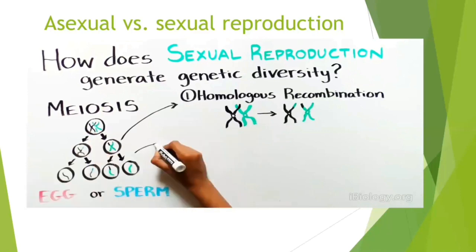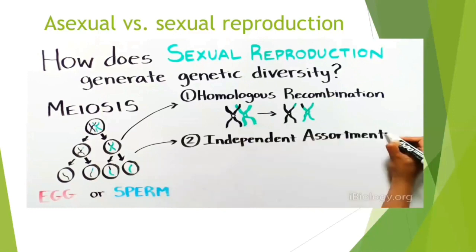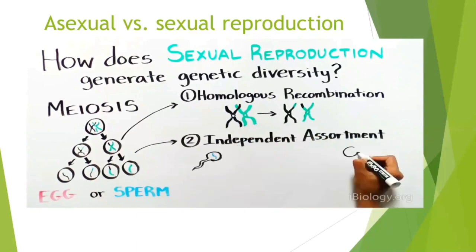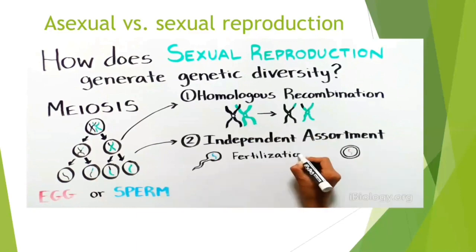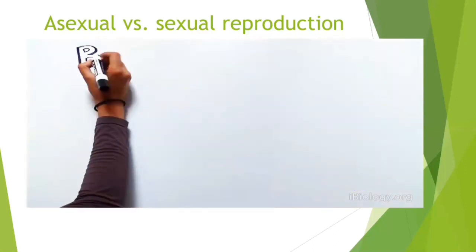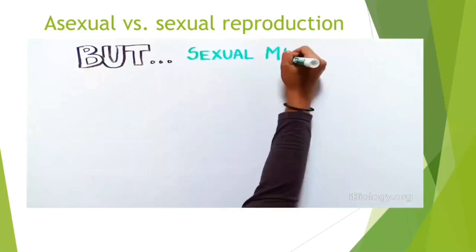The second is the independent assortment of chromosomes, which generates unique combinations of chromosomes in each gamete. During fertilization, one genetically unique sperm and one genetically unique egg randomly combine to form an offspring that is genetically distinct from its parent. While genetic diversity arising from sexual reproduction has been critical for the survival of many species,